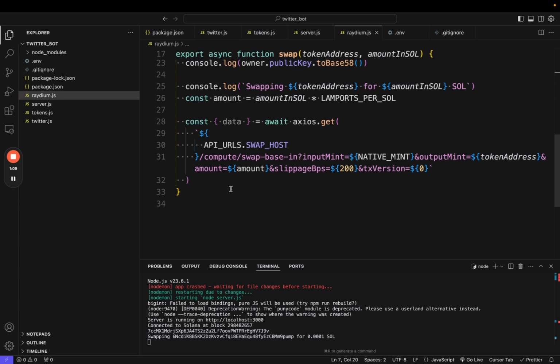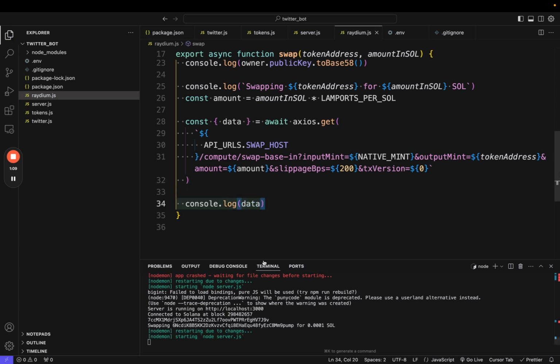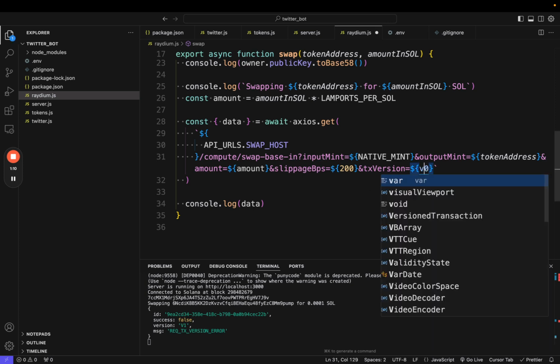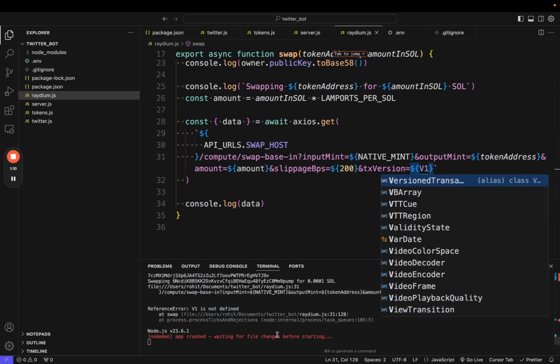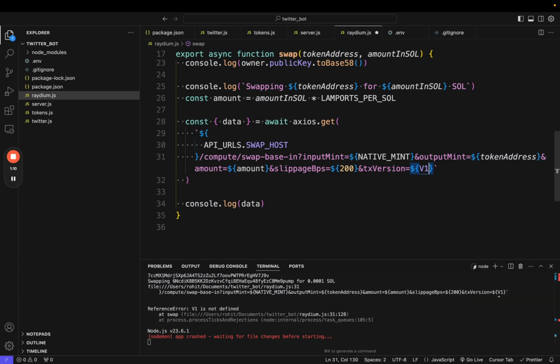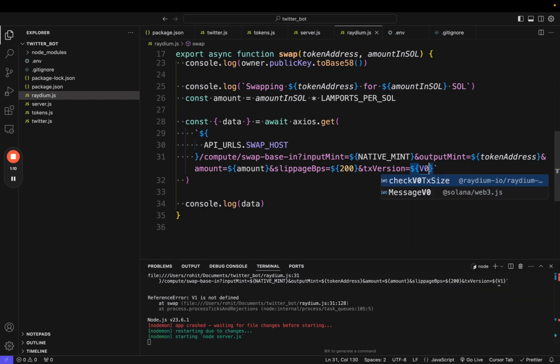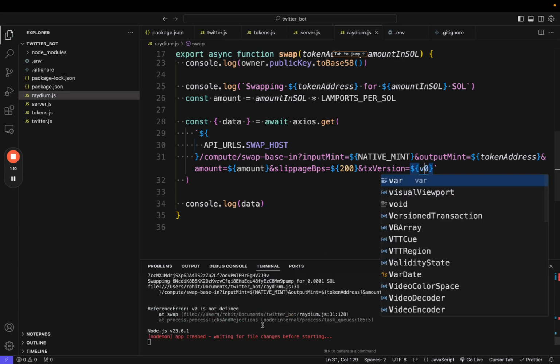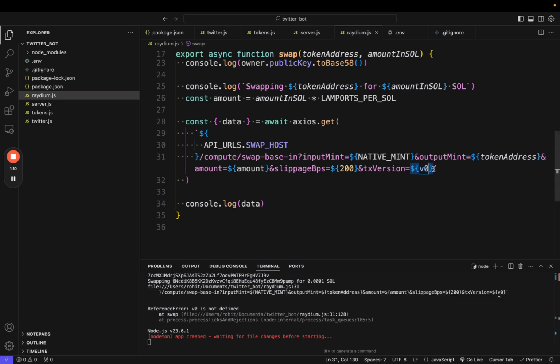Console log data. Let me just add. Oh, so to get a quote, it says transaction error version v1. Oh, so maybe it's not v0, it's v1. Let me just put capital V. Looks like they have capital V. v1 is not defined. v0, small letters. Ah, no, of course not. It's not a variable. So capital